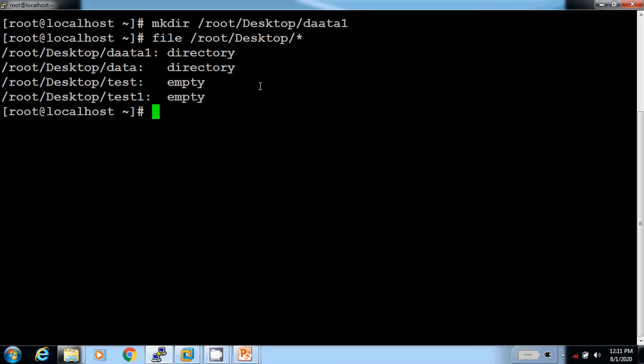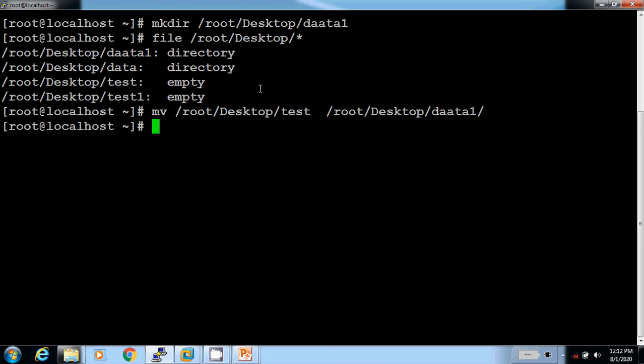So I want to move one test file from root desktop test, and the destination is root desktop data1. Then the file will move to the data1 folder.